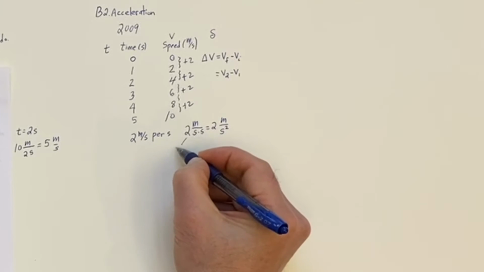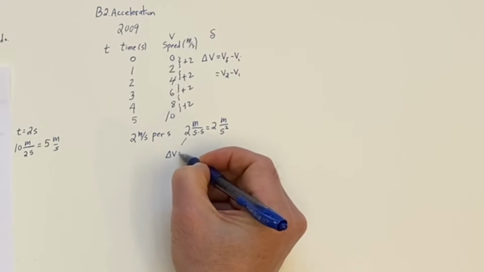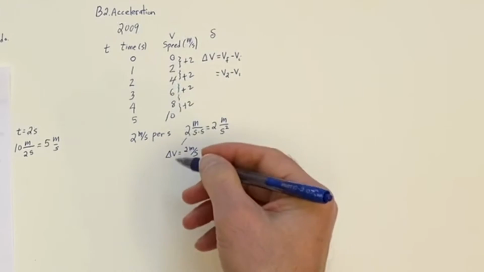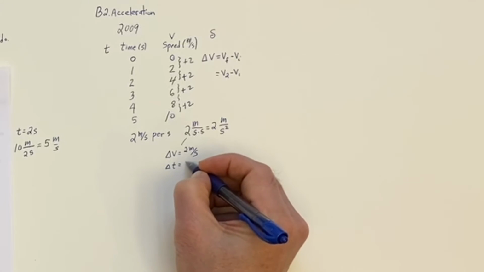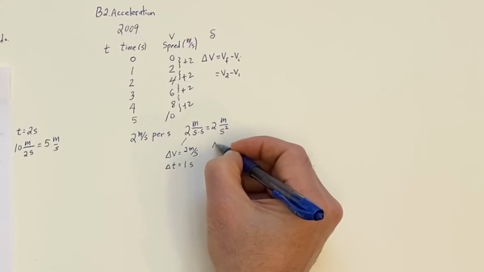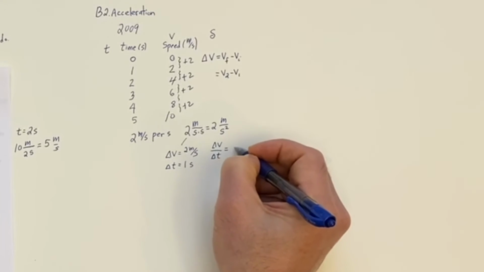So this 2 meters per second, you can think of that as a delta v, and since the acceleration is constant, every second it's going to be the same. And the delta t is the 1 second,